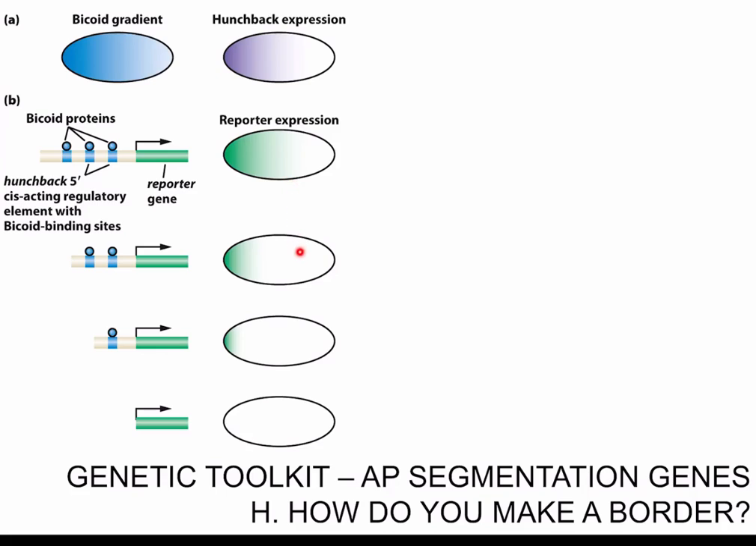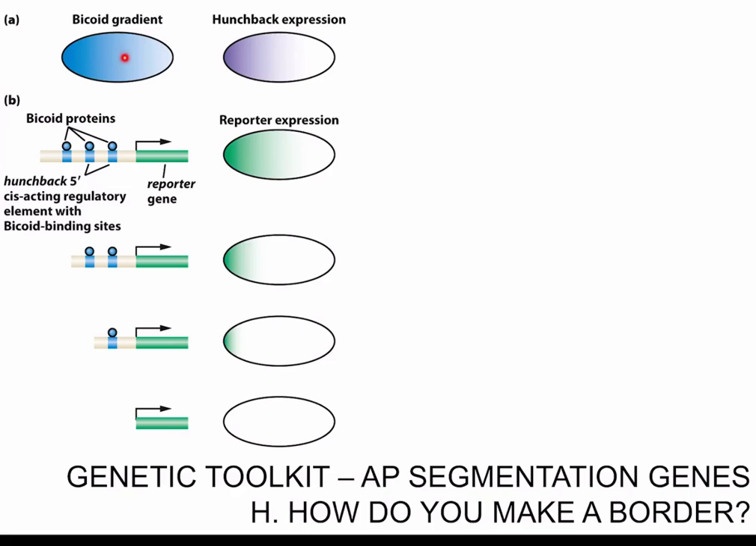But the key point here is that if you have Bicoid higher than this minimum amount, higher than this threshold, then hunchback expression occurs. And if you have a Bicoid amount that's less than this minimum amount, then hunchback expression does not occur. And that is what explains the fact that even though there is Bicoid present in sort of